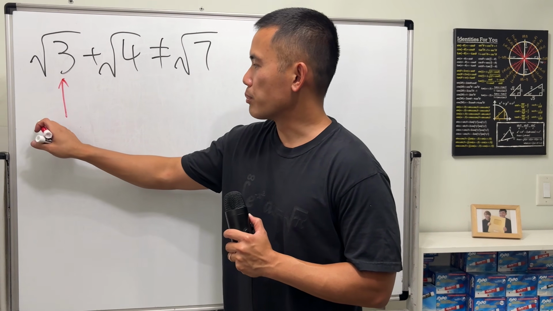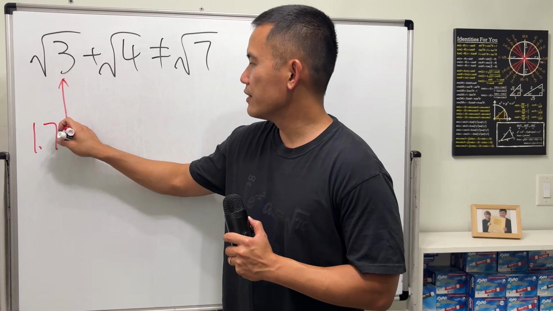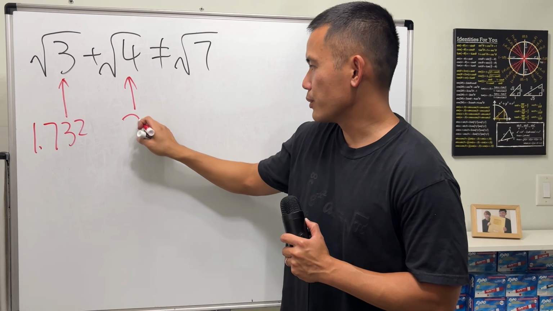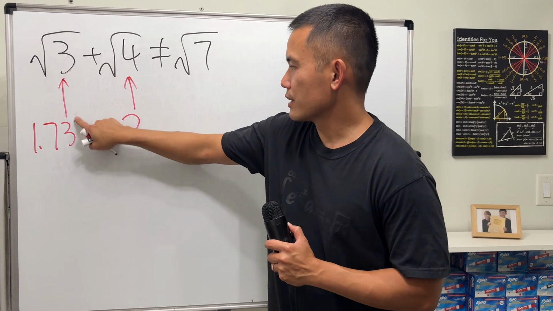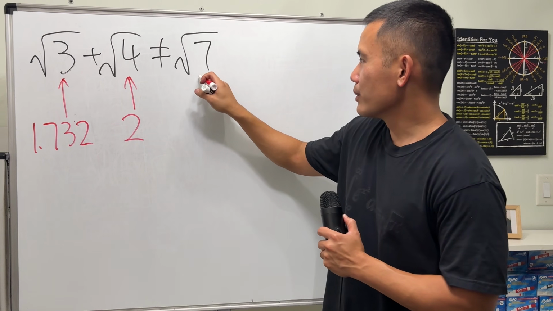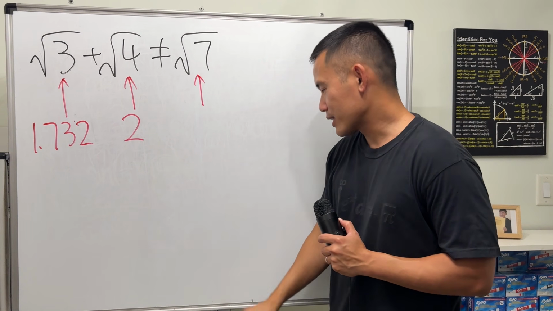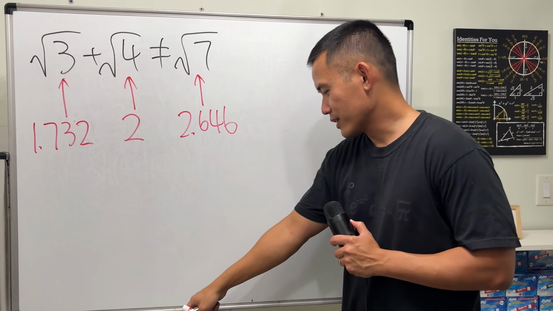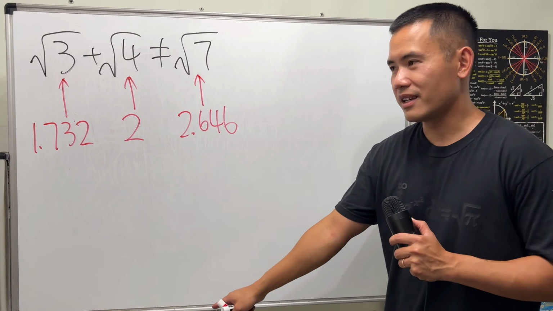Square root of 3 is approximately 1.732, and then square root of 4 is exactly equal to 2. That looks like a square, but no, it's 2. And then I'll tell you square root of 7 is approximately 2.646. Yes, I wrote down the answer right here. You guys cannot see it, but I can. Anyways,